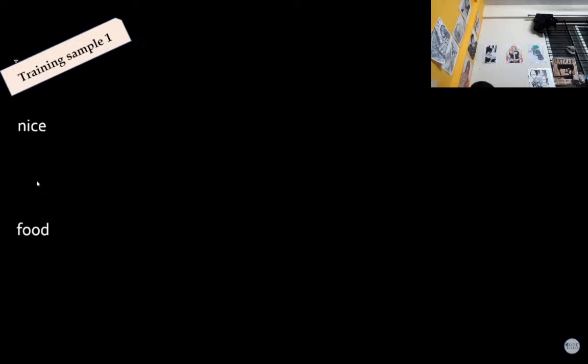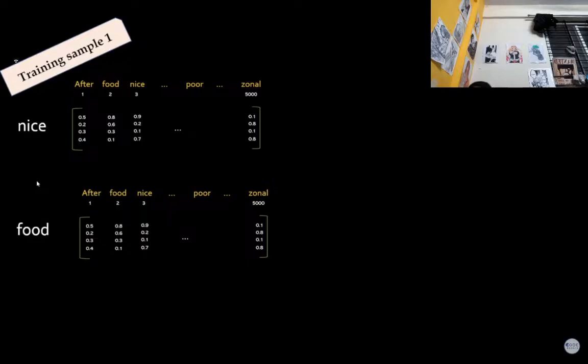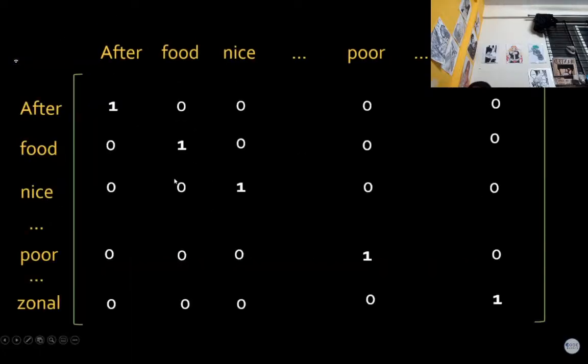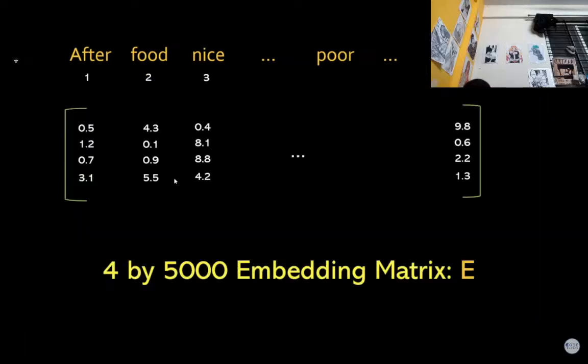Then you come up with random weights in your embedding matrix. See, this embedding matrix is that 4 by 5000. Okay, let me show you. It is this matrix. Don't confuse it with this one hot encoded vector. So